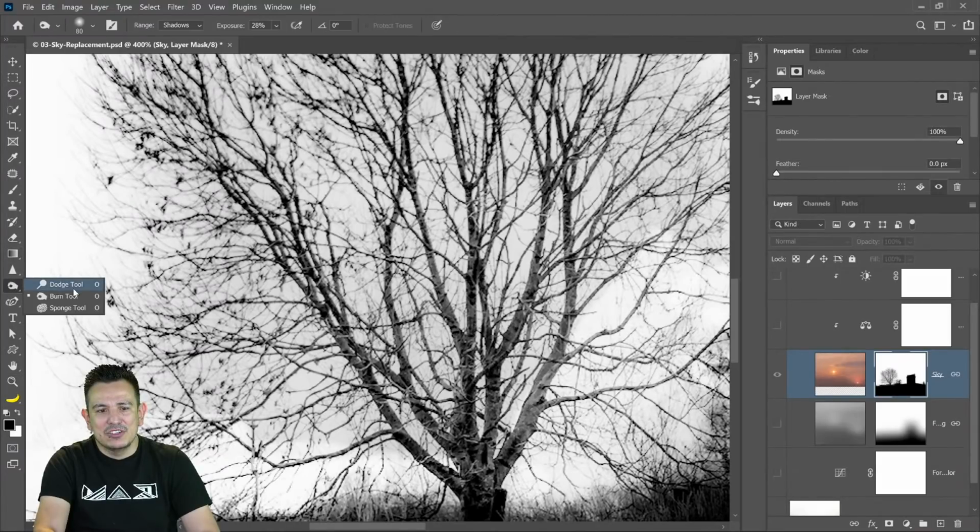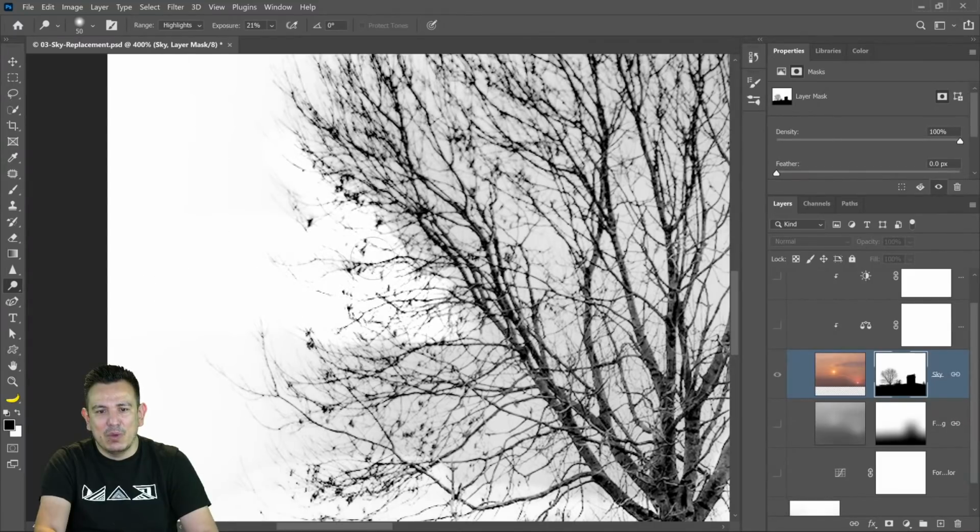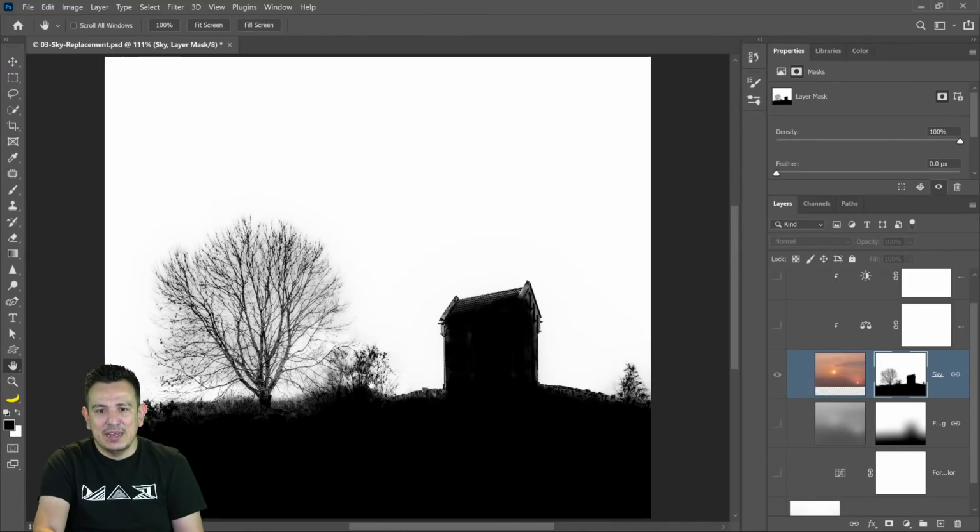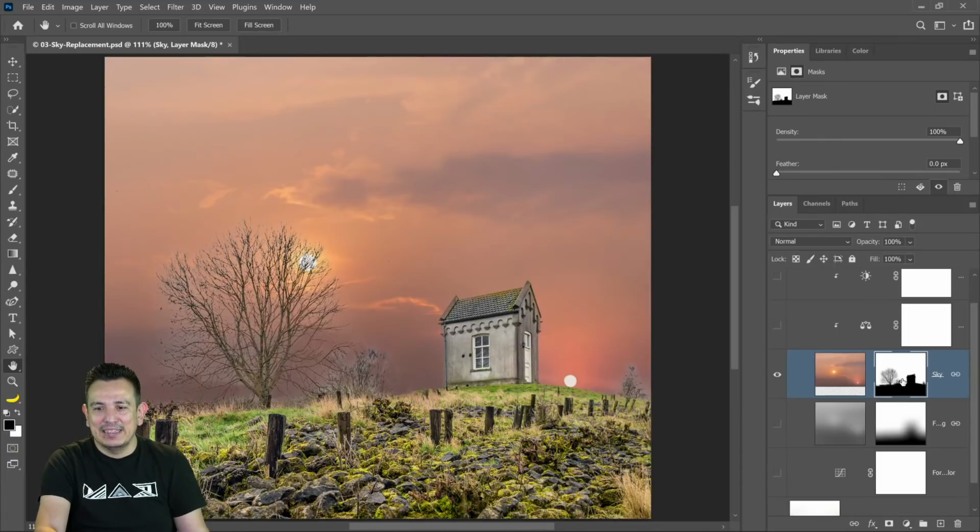So maybe I can just use the dodge tool to paint those pixels and make them completely white. Totally up to you. I'm not going to do that in this case. I'm not going to spend time fine-tuning the image, but that's what you can do. Again, you can see the mask by holding Alt on Windows, Option on the Mac, and clicking on the layer